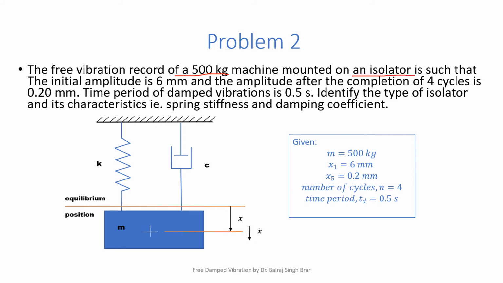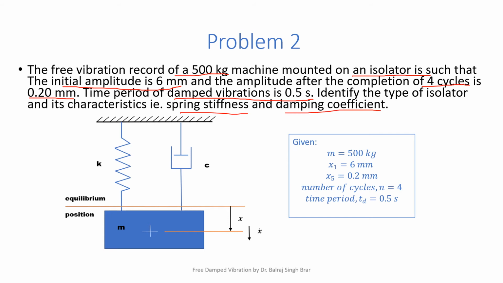The isolator has a stiffness and damping such that the initial amplitude is 6 mm and the amplitude after the completion of 4 cycles is 0.2 mm. The time period observed for damped vibrations is 0.5 second. Identify the type of isolator, its characteristics, spring stiffness, damping coefficient,